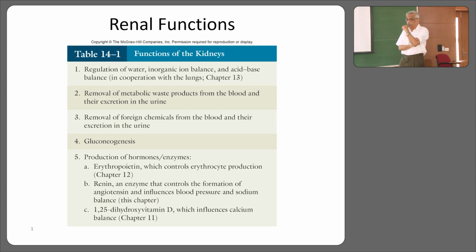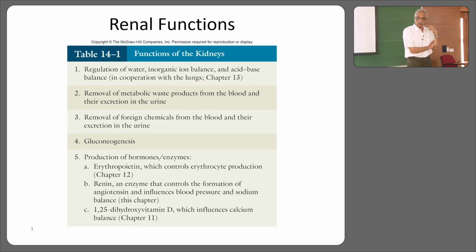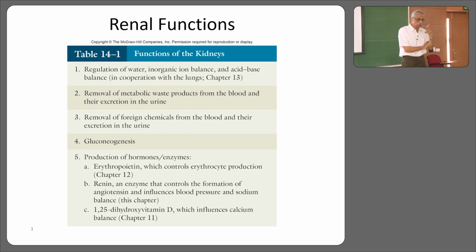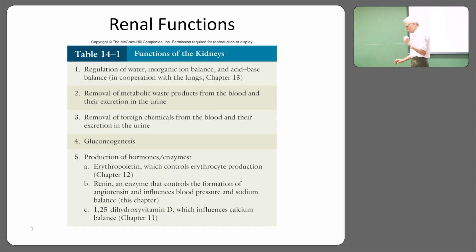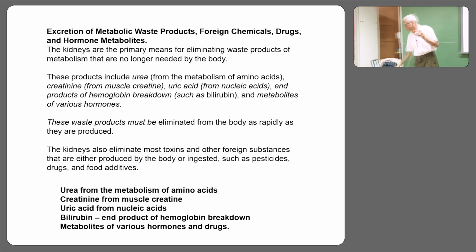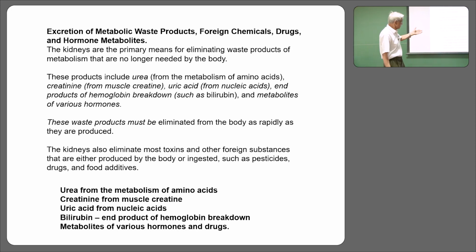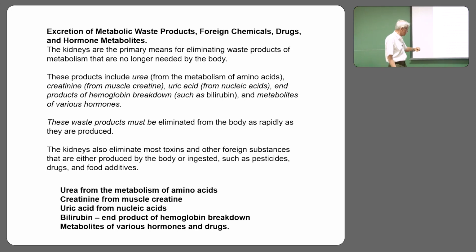Then, of course, we have seen that the kidney is an endocrine organ. And we already know the name of one hormone. What is it? Renin. There are 2 more, I'll tell you by and by. And there is another important hormone, erythropoietin. I'll talk about it later. And then urea. We have seen creatinine. What is creatinine? It's very interesting. Let's wait for 2-3 slides. Creatinine is a very interesting topic.